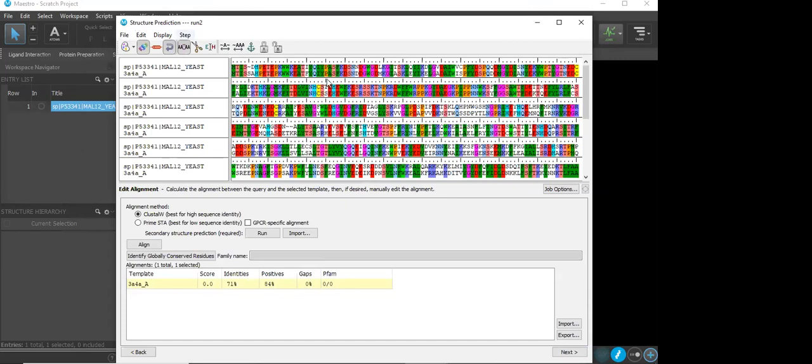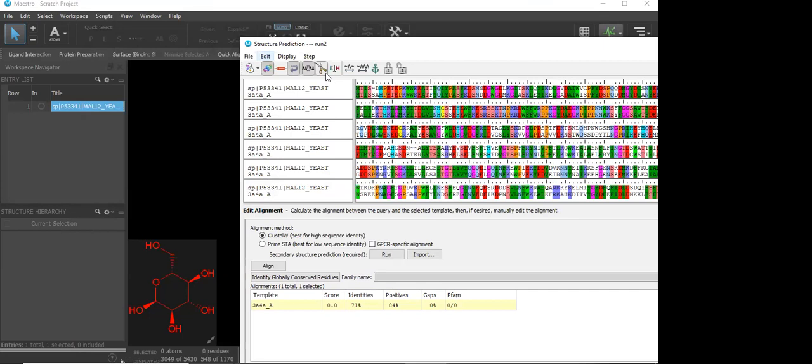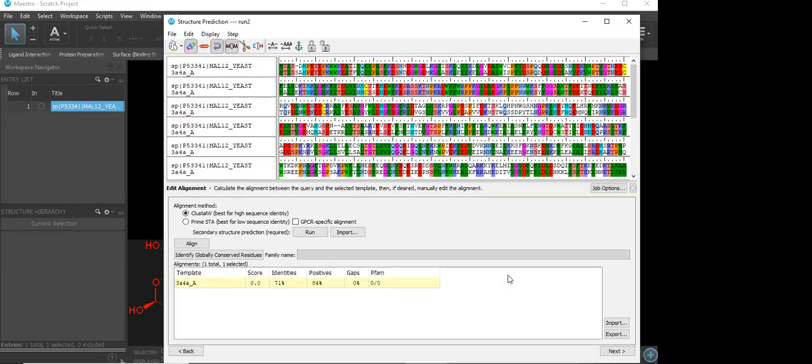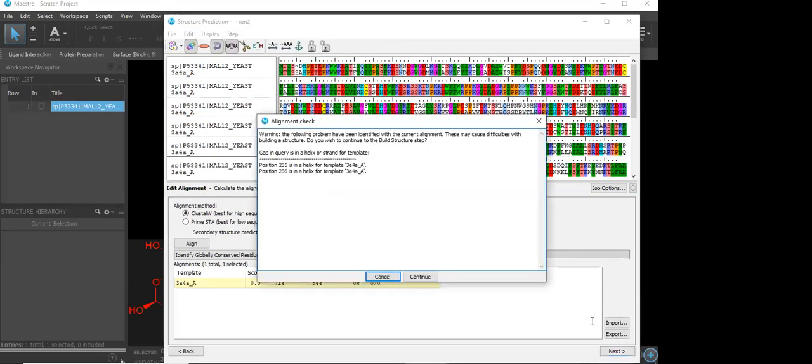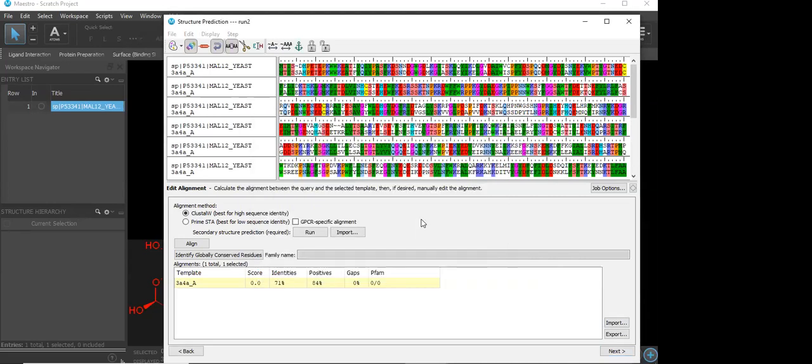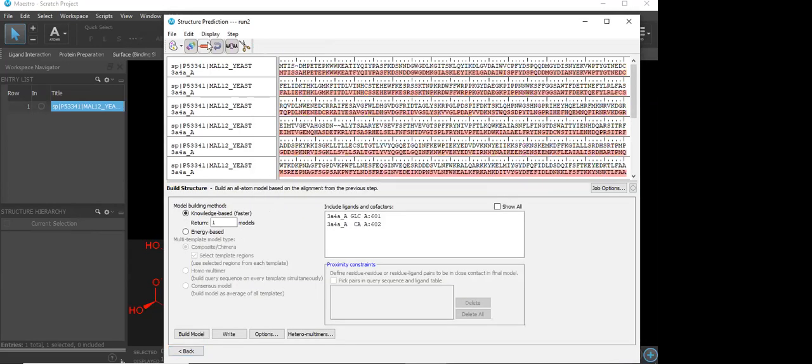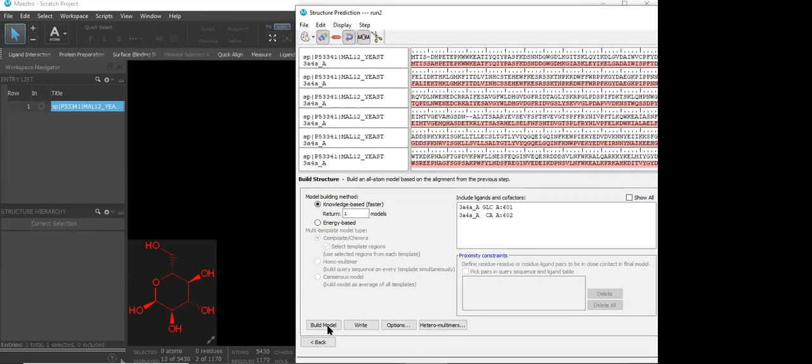Then there are different kinds of options where you can cut the unwanted amino acids, or any unwanted heteroatoms which are there in the query sequence, which we can eliminate using this crop option. Otherwise, you can simply click the next option again. Then there is an option called build model. That means it will create a new model for the query sequence. If we click this one,